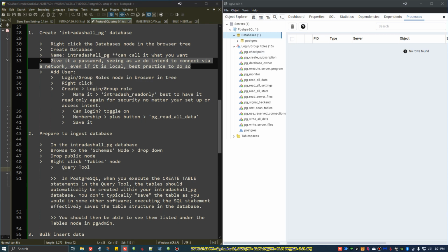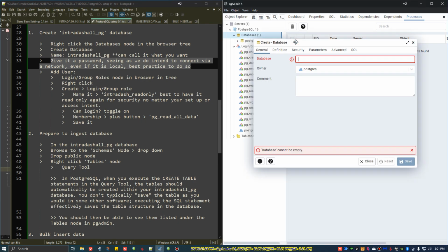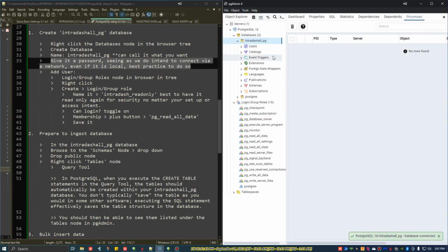So here we'll just quickly create a database, which I'm going to use a predefined one, which I already have named intra-dash all PG for Postgres, real quick, and that's effectively all you have to do. Just save that, let it create it, then come down here